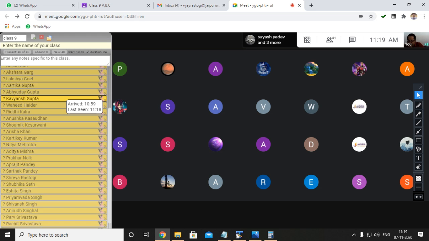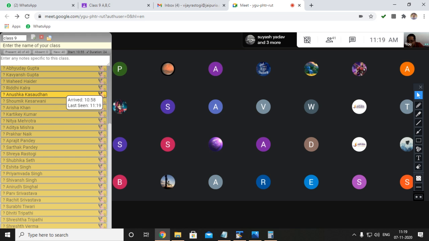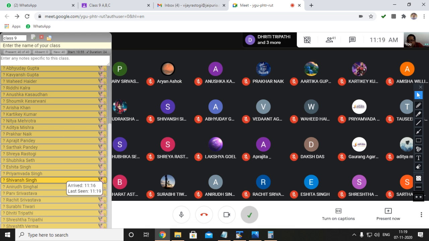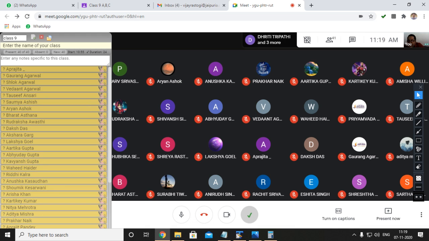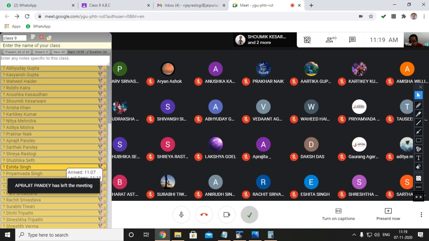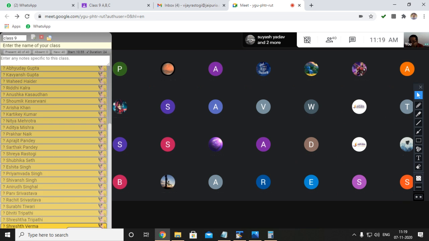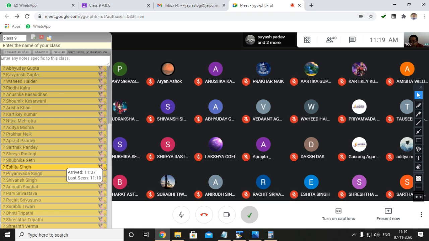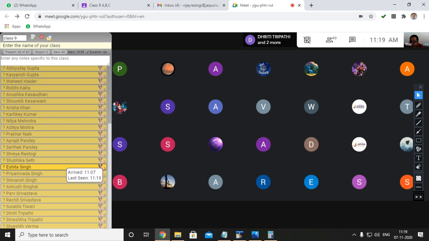हर्षित लालवानी, अंकित शर्मा, सोहम. These are the absentees names. अंकित शर्मा,